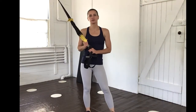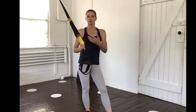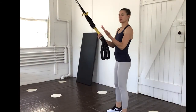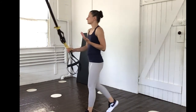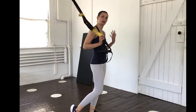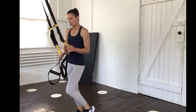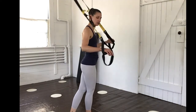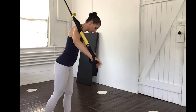We can also work through the front of the body using the TRX straps with a different position facing away from the straps. So the work we did earlier for the mid-back and the arms was done facing the straps. This work that we're going to do for the chest and the triceps, the back of the arms, is done facing away from the straps. So we walk ourselves through our straps with your suspension point behind you, and you have your straps in your hands. Now, I'm going to start in a regular plank position,